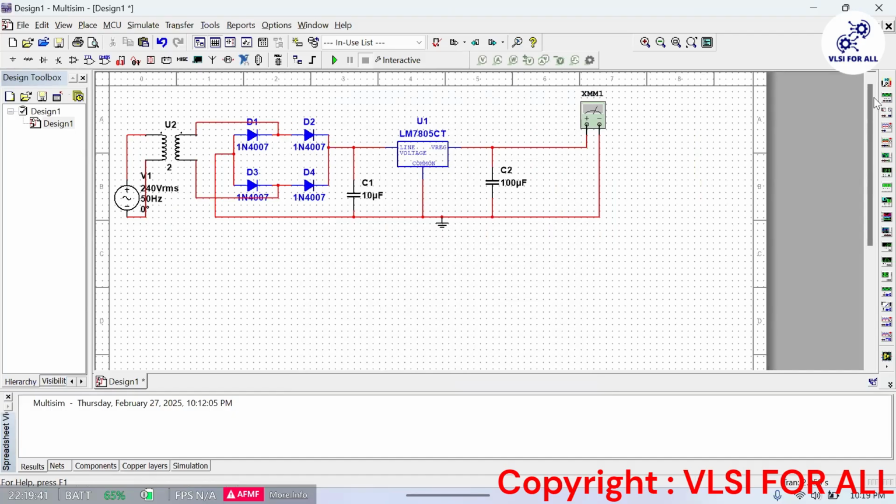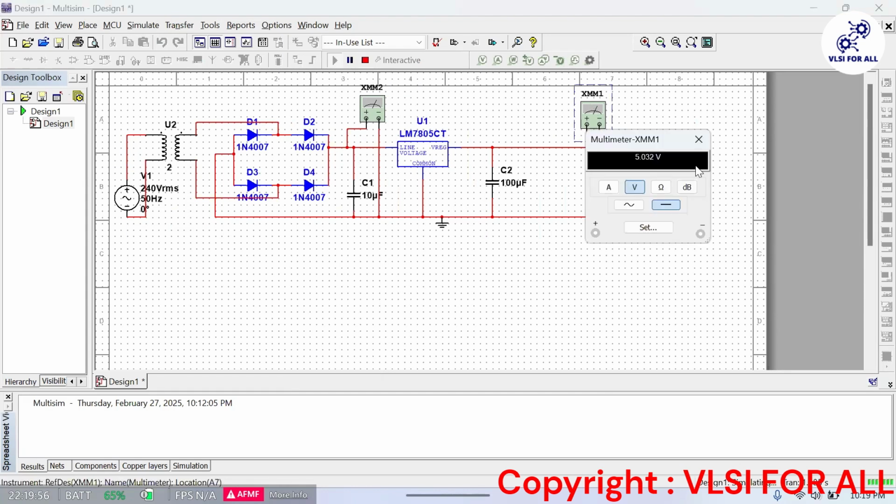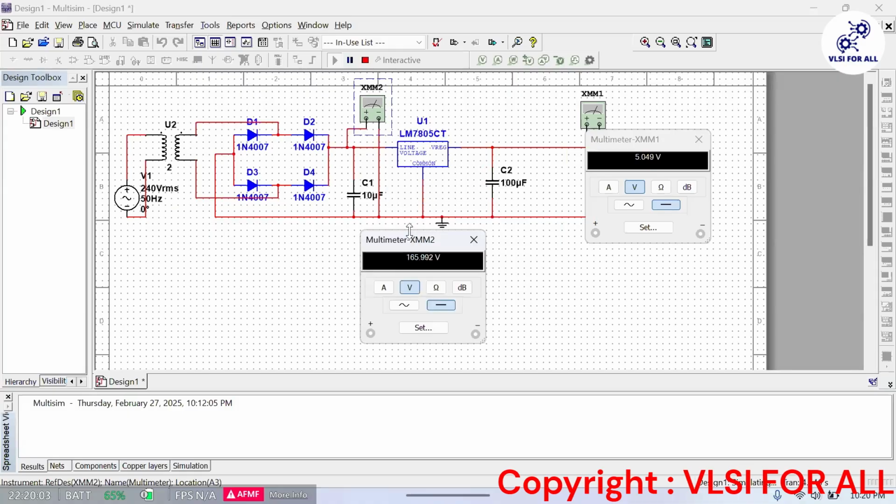Okay. Now I will take one multimeter, and I will try to connect first ground, and then at this point where I will put one, because it is the input line here, and simulate. Here what is 5 volt. I think it is not reading like that. It is giving 5 volt exactly here, but here actually I guess it is not reading. It is coming in DC voltage.